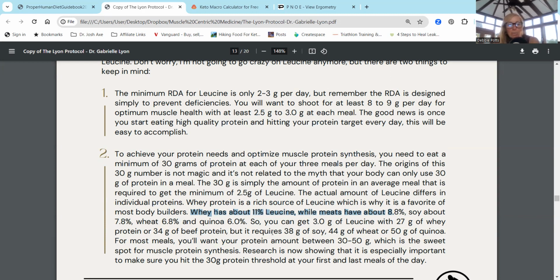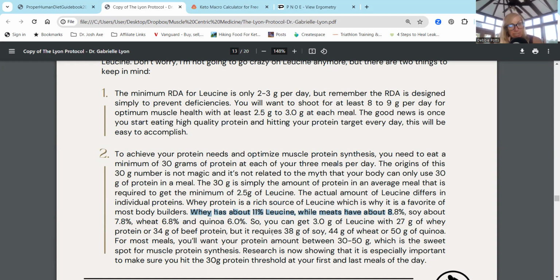For most meals, you may want your protein around 30 to 50 grams. That's the sweet spot. That's why everyone talks about the 30 to 50 grams, because that is a sweet spot for muscle protein synthesis. So if we are trying to improve the aging process overall, your future self, not just changing how you look so you look better naked, you look good in your swimsuit, we want to look at